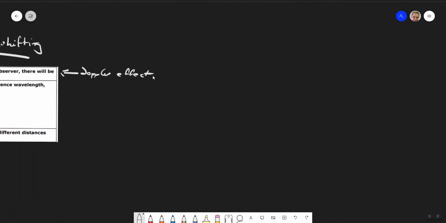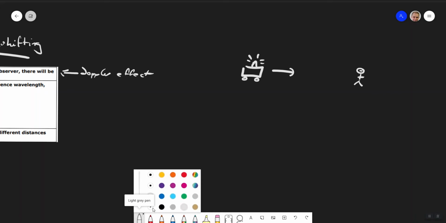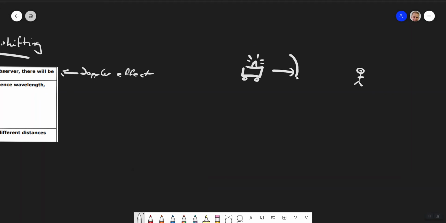The idea is that if you had something, say a car with a siren, going do do do do, and it's moving towards you, and you are here. What we find is that ahead of this, as it's moving towards us, the wave fronts bunch up and they get closer together. It's not the greatest diagram I've ever drawn. And behind, the wave fronts are spread out more.